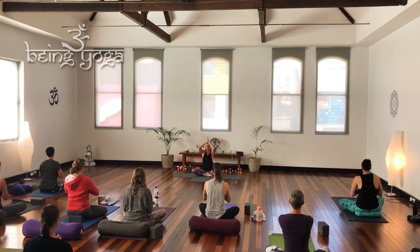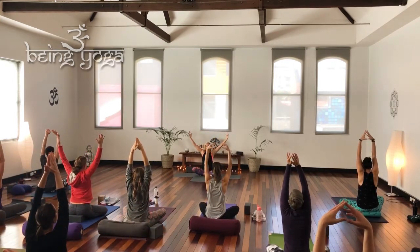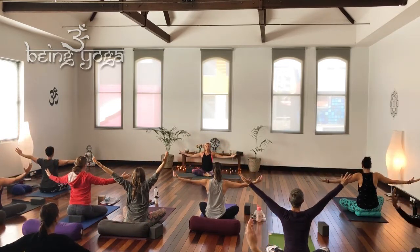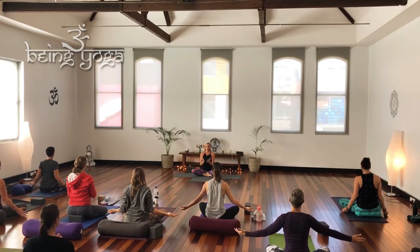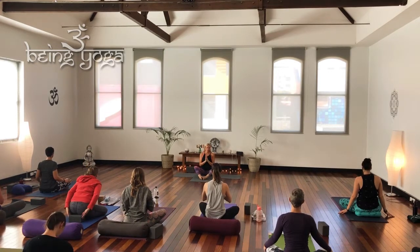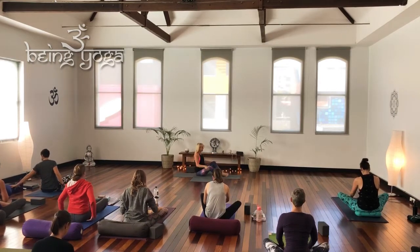So stretching the arms up overhead and reaching to the fingertips, and then opening the arms out and letting your intention drape over you like soft fireworks, landing all over your body. You can bring the feet together into a diamond pose, and we'll take some spinal flexion, which directly relates to the